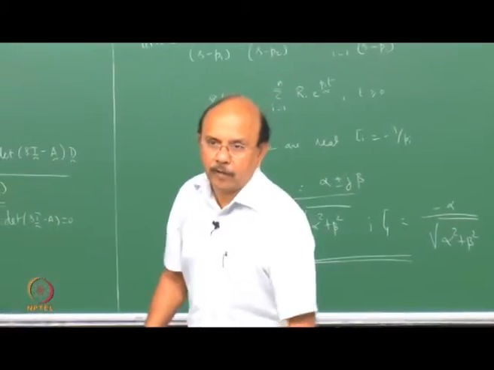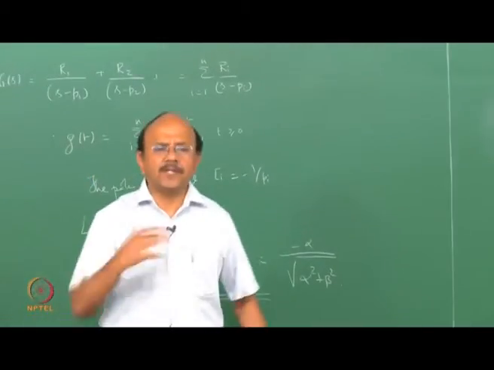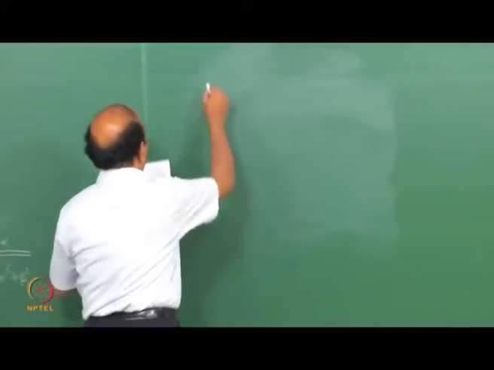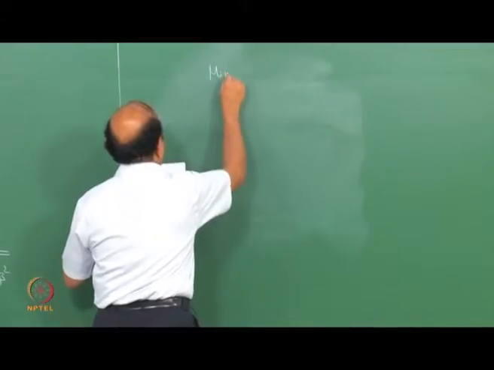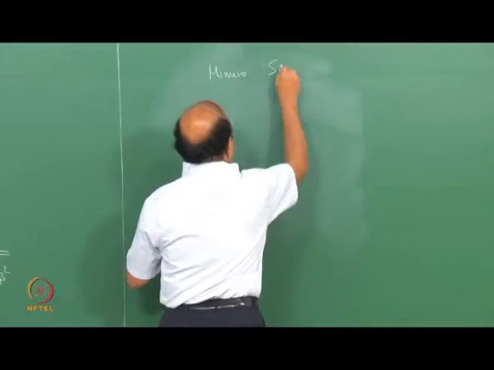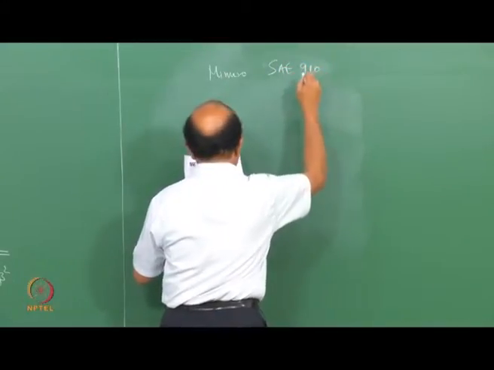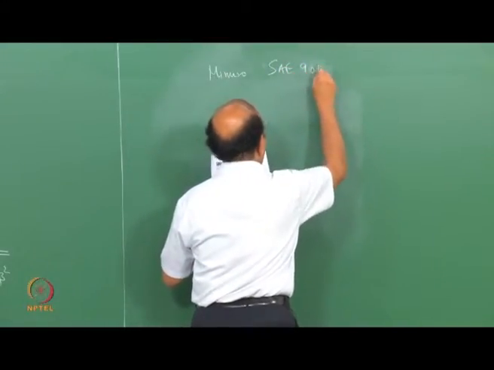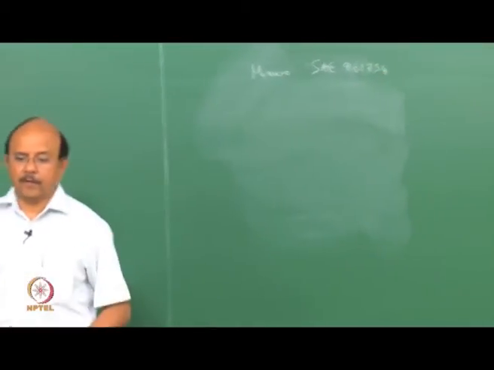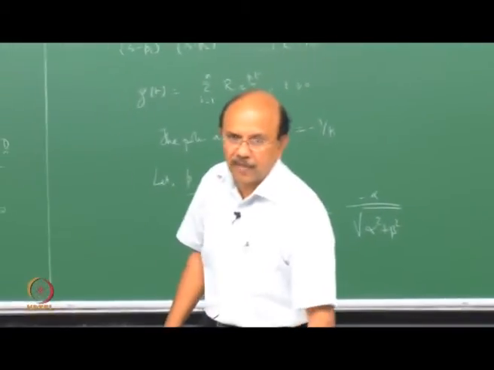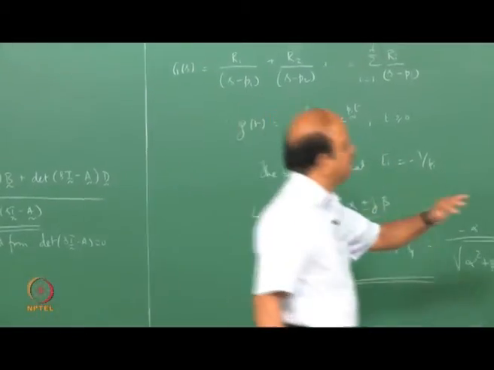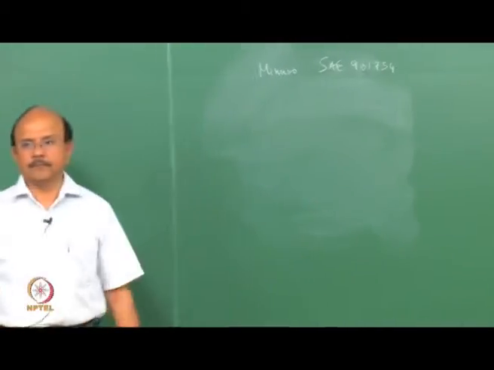We are going to follow objective evaluation. There are a number of objective metrics, as they are called. We are going to follow this paper by Mimuro et al., SAE 901734. This is not the only way of looking at objective evaluation, but it looks quite simple and quite appealing, and hence I am taking this paper.